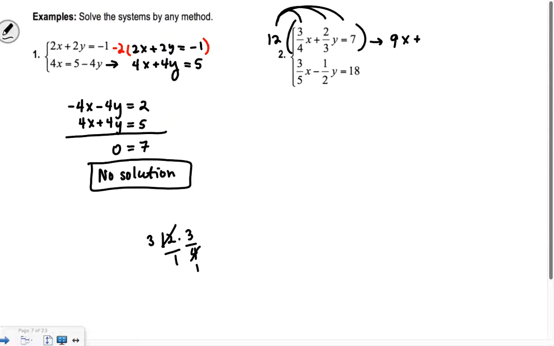It's 8 because the 12 and 3 reduced to 4. And you can also think of it this way, 2/3 of 12. Break 12 into 3 pieces, right? If 12 is in 3 pieces, each piece is 4, and then take 2 of those pieces. So 2 times 4 is 8. So I have 8y equals,